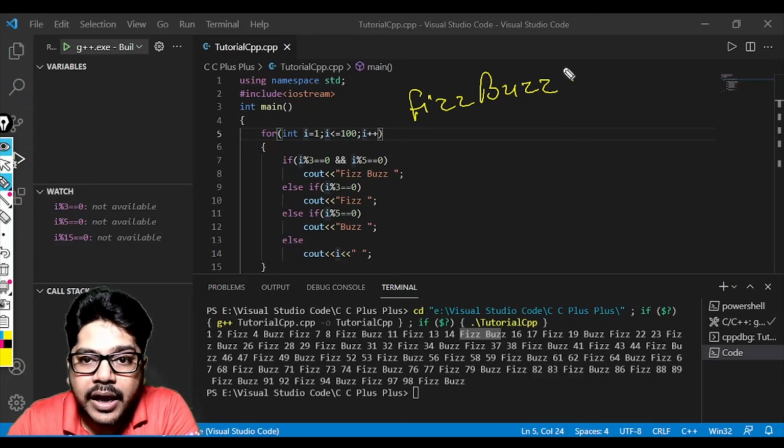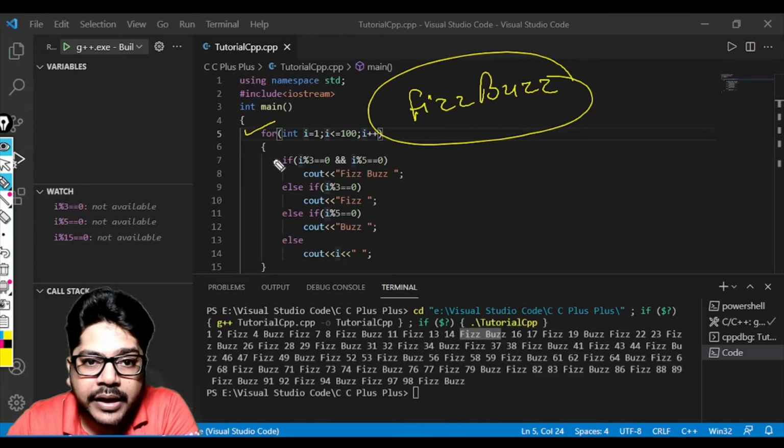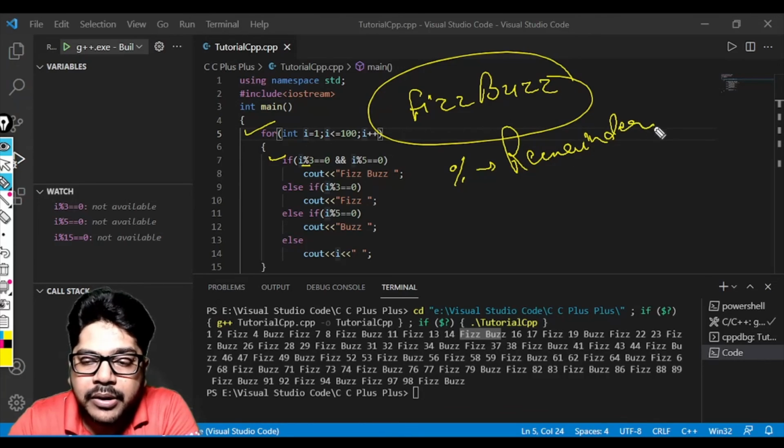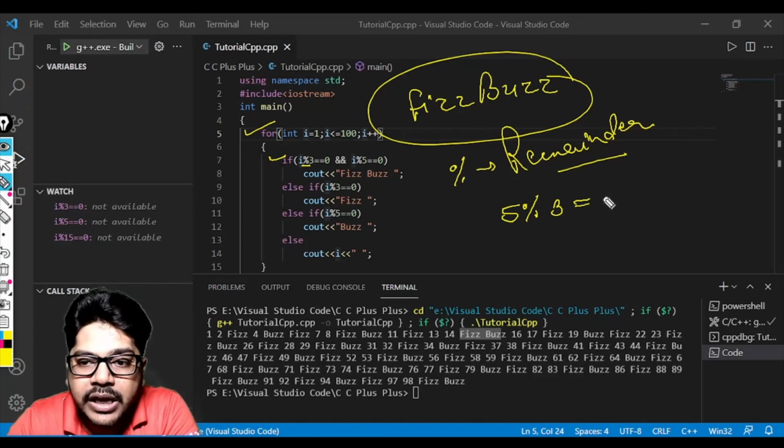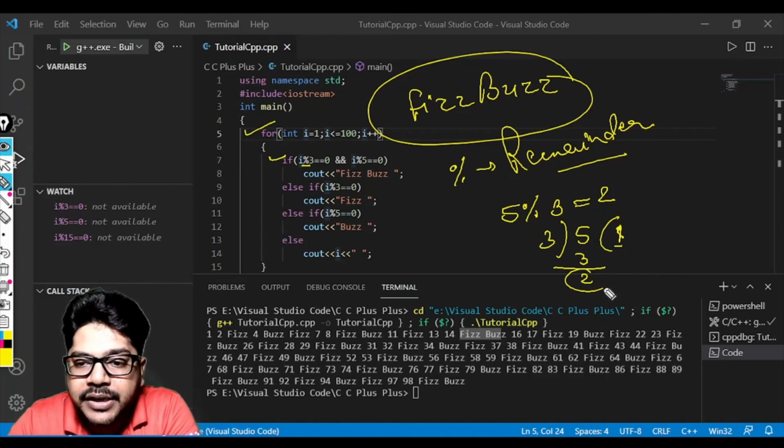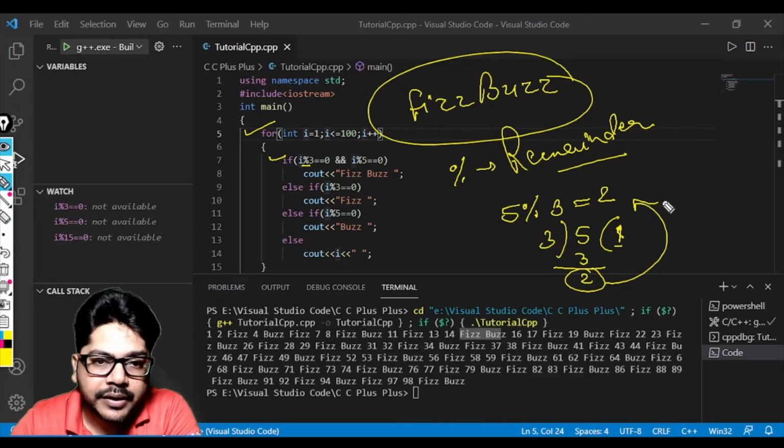So in this video we discussed about the FizzBuzz problem. फिज बज प्रॉब्लम को कैसे हम लोग सॉल्व करते हैं, है ना। फॉर लूप लगाएंगे, इफ कंडीशन लगाएंगे और ऑपरेटर यूज होगा। ऑपरेटर कौन सा, मॉड्यूलस ऑपरेटर। अगर आपको नहीं पता है तो एक बार हम बता दें आपको, ये आपको रिमाइंडर देता है। आप जब किसी एक नंबर को दूसरे नंबर से डिवाइड करते हो, जैसे कि मान लो 5 मॉड्यूलस अगर आप 3 करते हो तो ये आपको देता है 2। कैसे देता है 2, 3 5, यहाँ पे आपको एक बार में यहाँ पे 3 आ जाएगा, रिमाइंडर क्या बचेगा 2, तो यही 2 आपको ये वापस कर देता है।